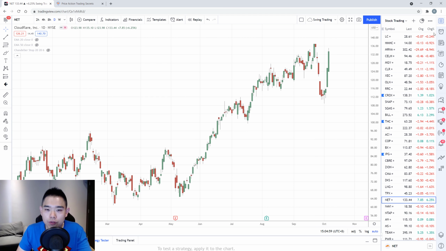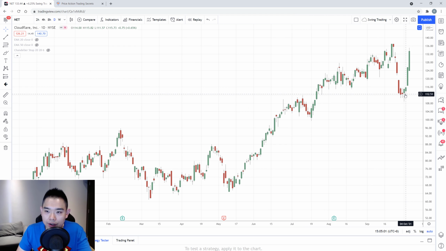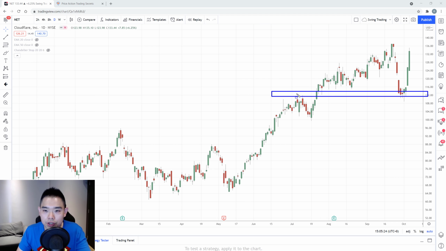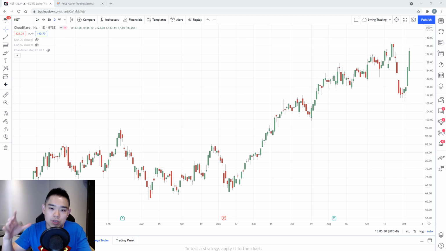Here, okay? If you look at Net on the 1st of October and the 4th of October, these two candles, the 1st and the 4th of October: this stock on the 1st of October pretty much had a bullish price rejection. The next day, it closed higher once again. So if you look at just this chart itself, you can see that it's pretty bullish, because price is coming towards an area of value, like this area of support over here. But that's not all, because where I want you to focus your attention is on the relative strength of